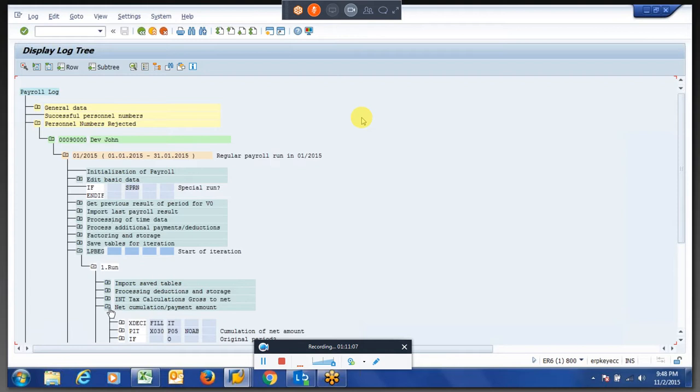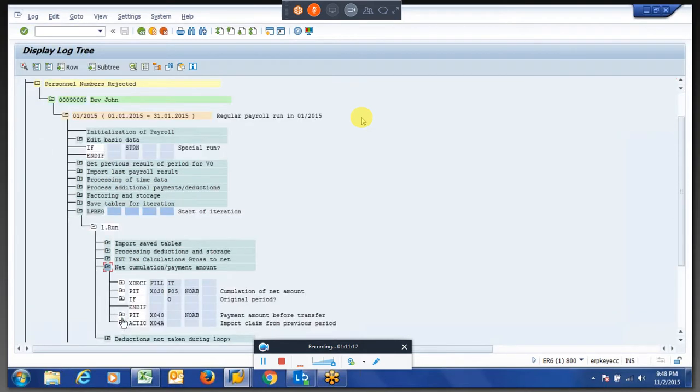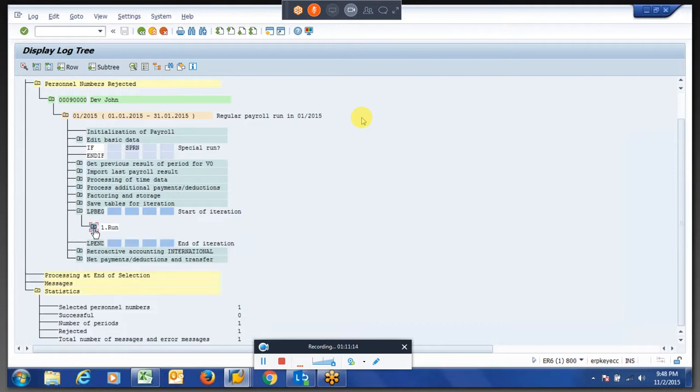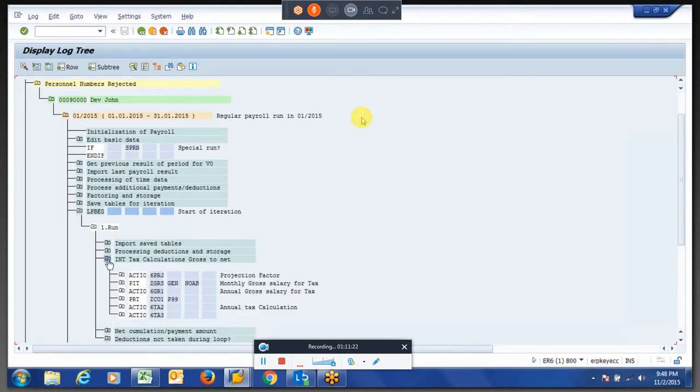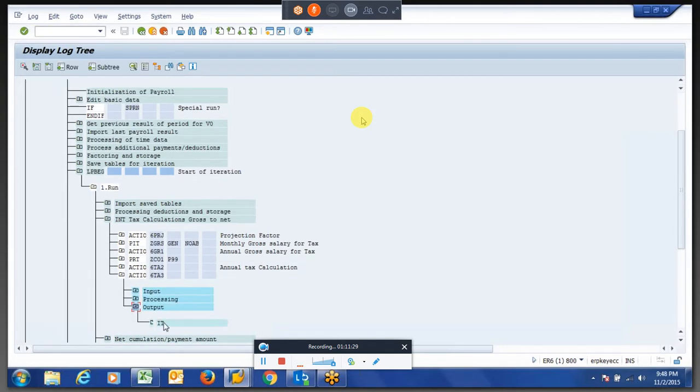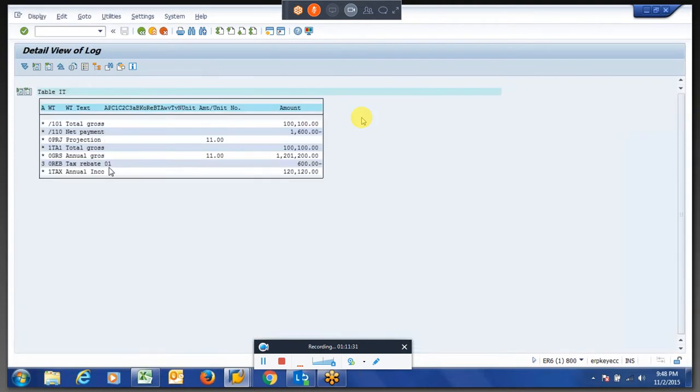I am creating it in front of you, so we can expect many errors which we can resolve. There is a wage type which was generating in the IT table, /840.